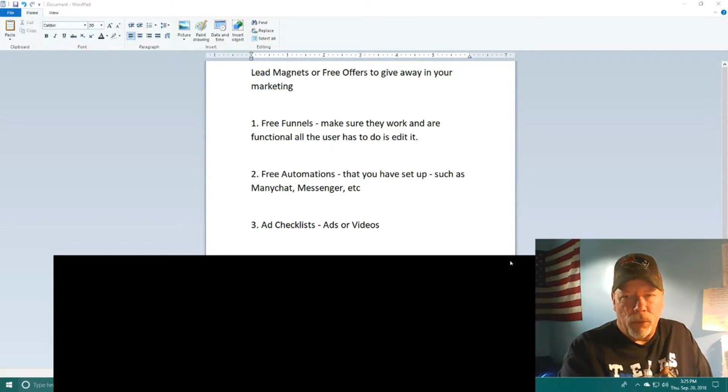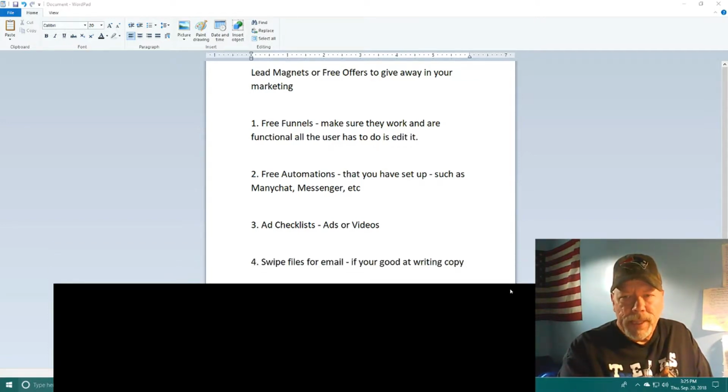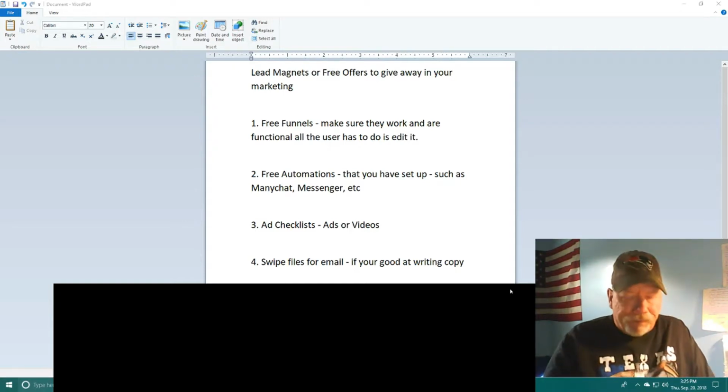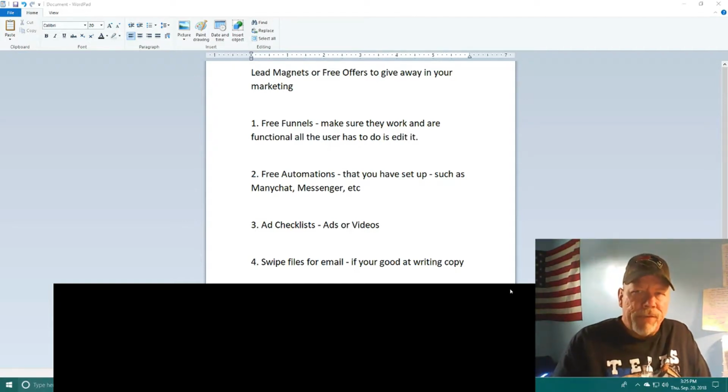And then number 4 is swipe files for email. If you're good at writing copy and you're good at writing emails, which, by the way, you can